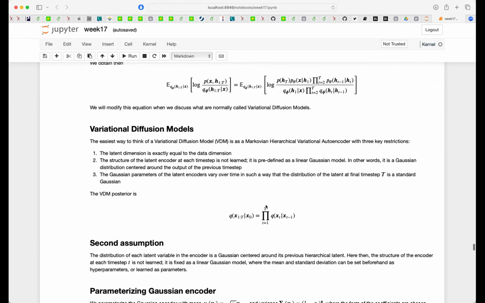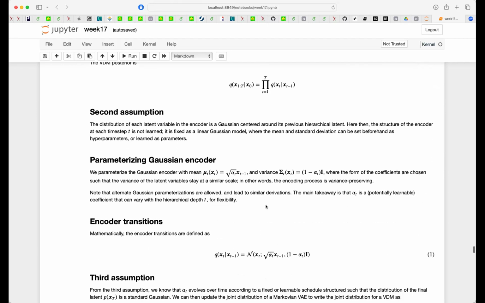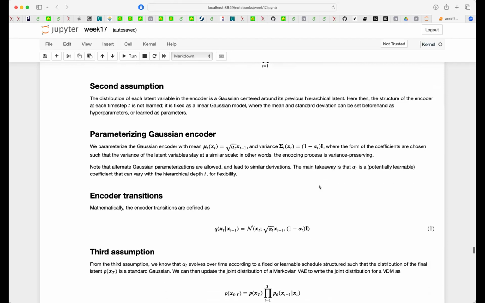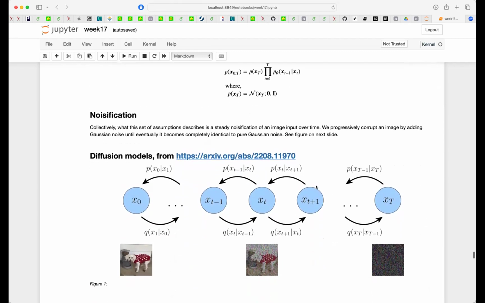So you simply end up with products of Gaussians, and what you would set up then would be this alpha t here. This is the way you would set up the mean values in terms of the previous one. And then you have a variance like that. And then alpha t becomes a hyperparameter. So the longer the chain, the better the reconstruction. Normally. Yeah. So I'm not repeating it, but schematically you end up with a kind of noising and denoising of the figure, and then you reconstruct it here. And these models have been proven to be extremely efficient.